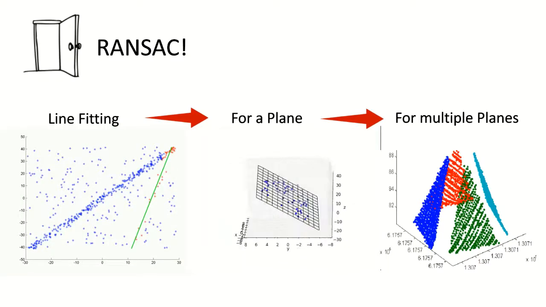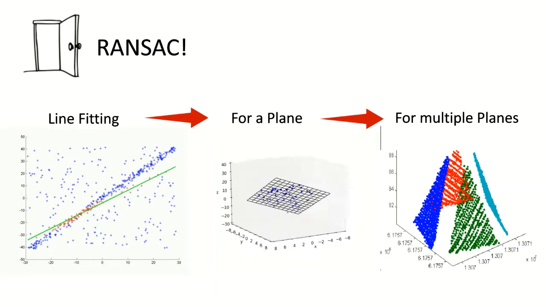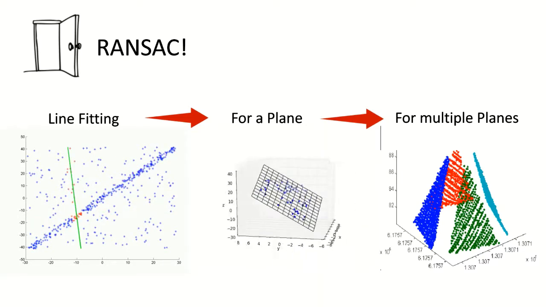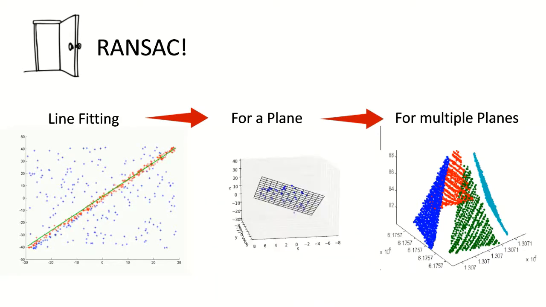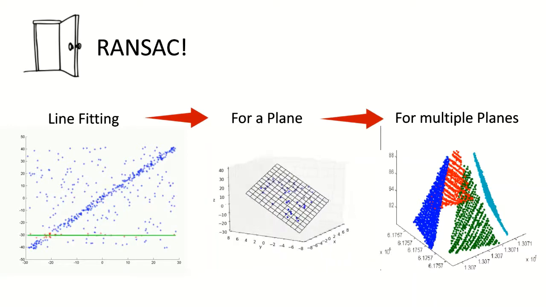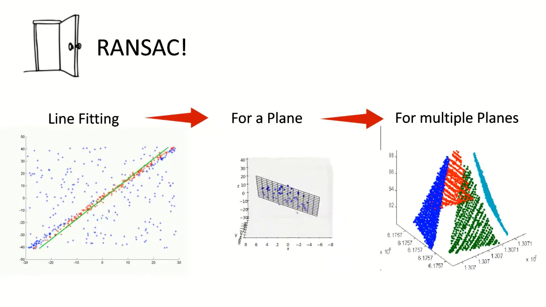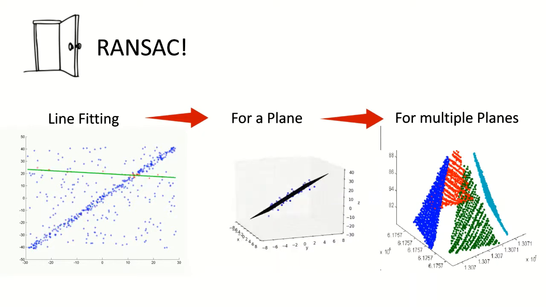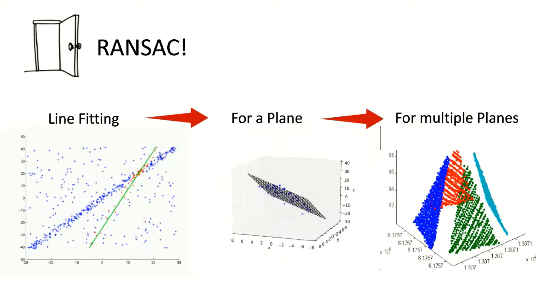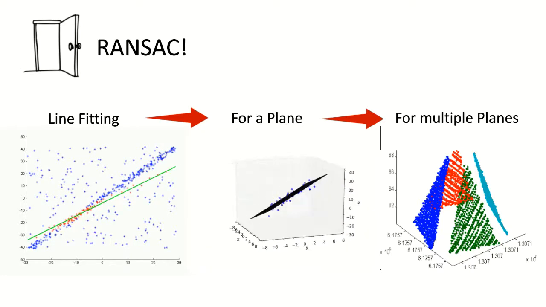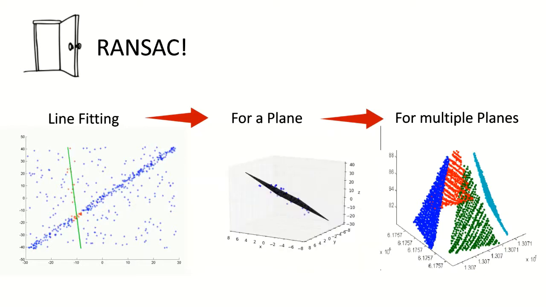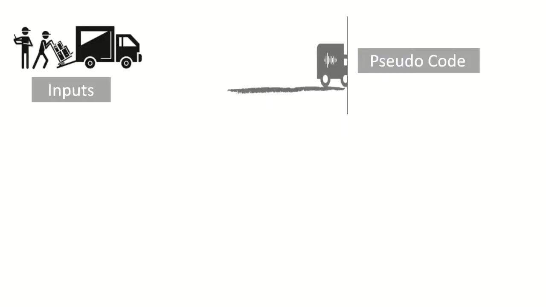Now we open the third door, the RANSAC algorithm, the random sample consensus algorithm. In the digital image processing domain, the random sample consensus algorithm is used to detect mathematical features like straight lines and circles. The principle involved in RANSAC is to initialize, check, and update, be it a line, circle, or a plane. Similar execution is used to detect multiple planes as well. The following visuals would draw a picture in your mind, so save it. Now to the details of your saved picture.